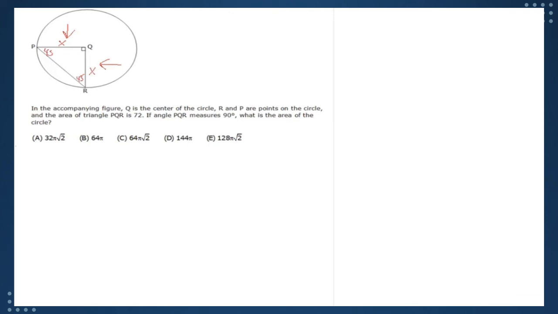So all we really need to do is set up our formula, x times x over 2, which is the area of a triangle, equals 72. x squared equals 144, or x equals 12. Now, since we know that x is 12, we know that 12 represents the radii of the circle. Since the area of the circle is pi r squared, simply saying pi times 12 squared,